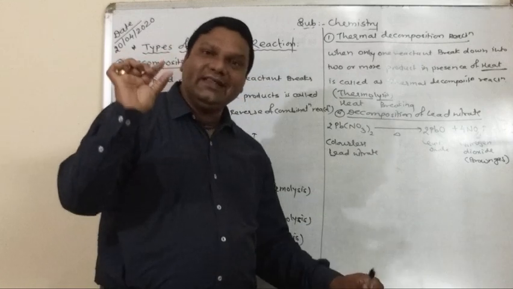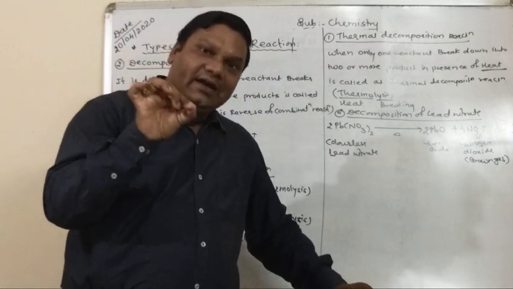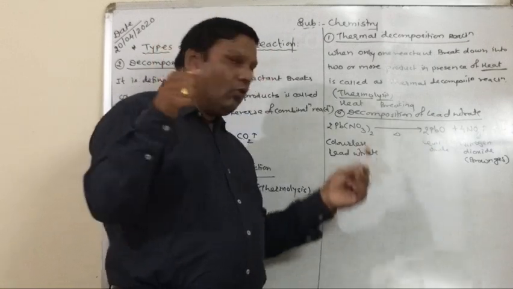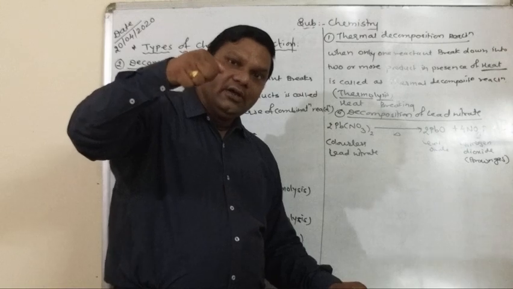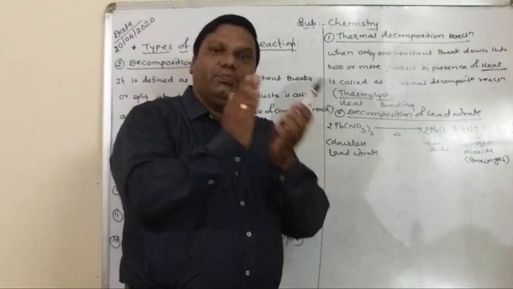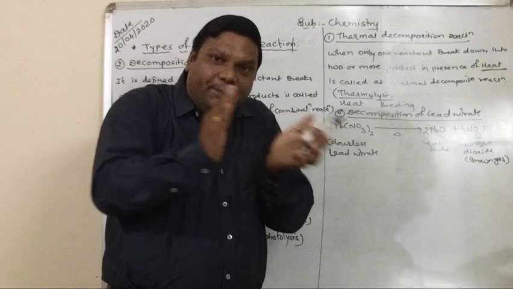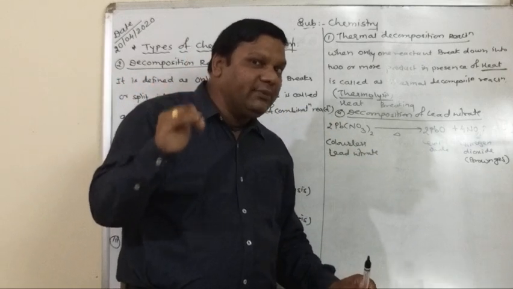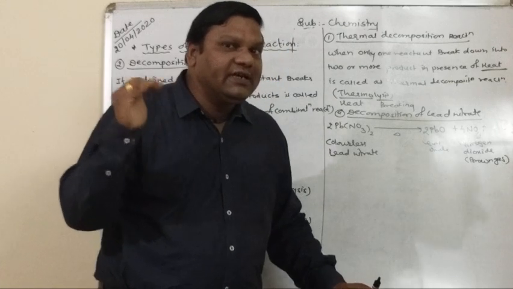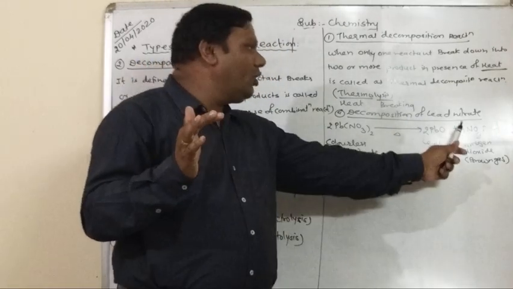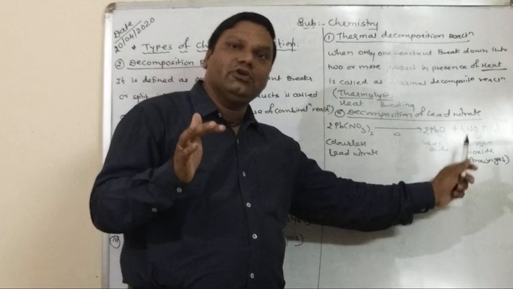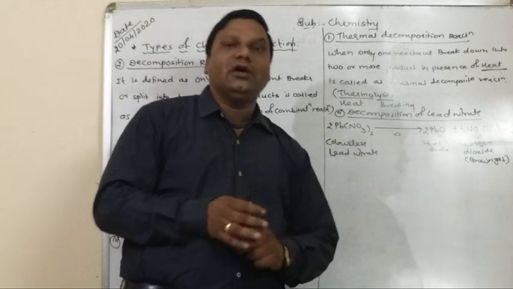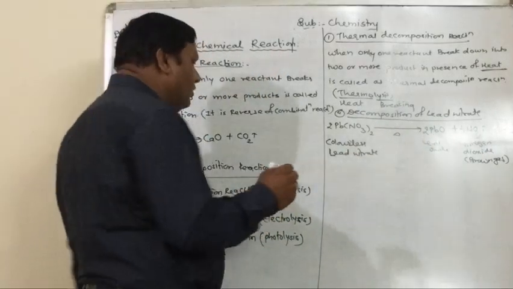Simply say that we take a dry test tube, add lead nitrate crystals, then hold this test tube on the burner. Within a minute these crystals completely break. It will produce a crackling sound also. At the same time, reddish brown color gas is evolved. This evolving reddish brown gas is nitrogen dioxide. Understood? Such crystals break down into three products. Okay.